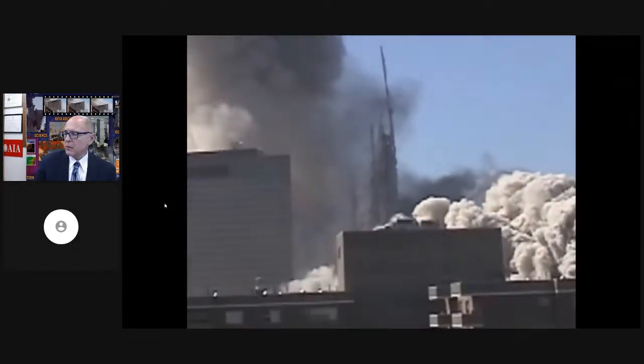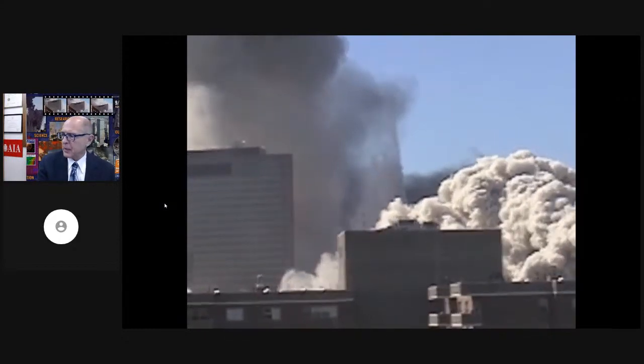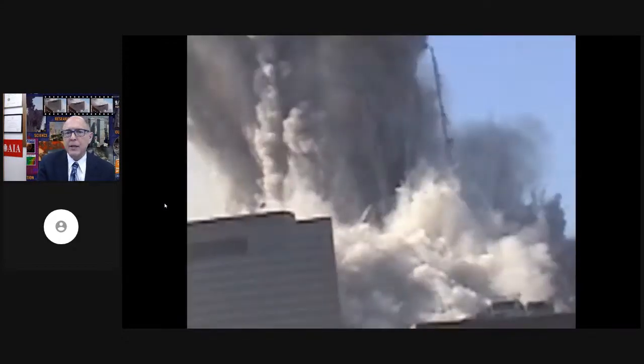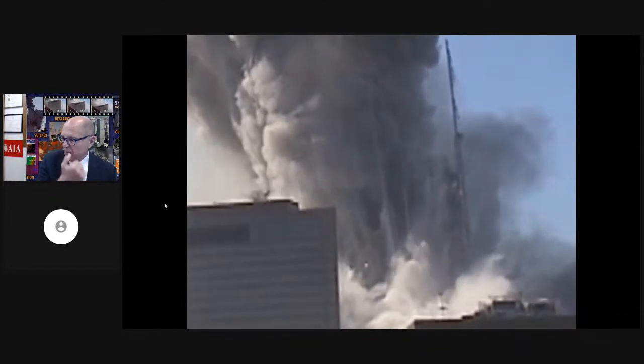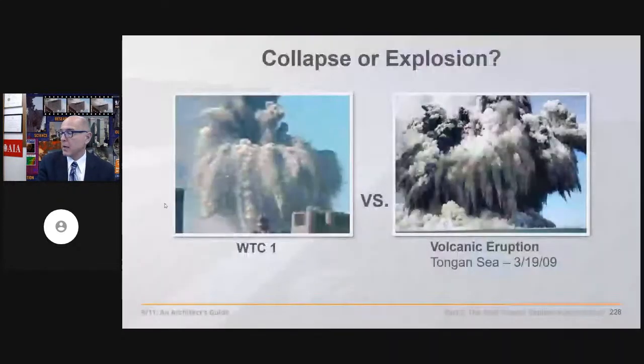These remaining columns simply fall, and they're not turning to dust. There's an explosion below that shakes them, shakes the dust off of them from the pulverized concrete that we're going to be looking at today.